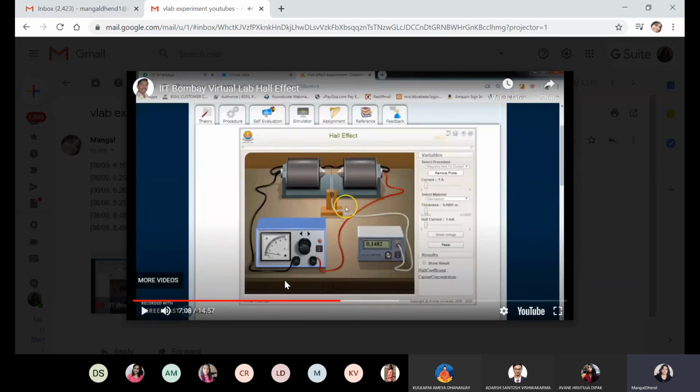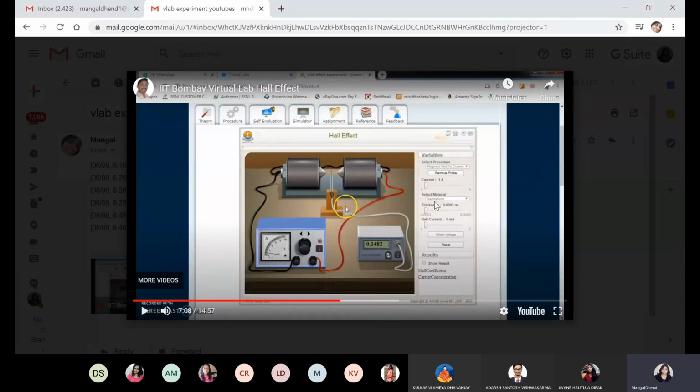Now students, see how you had to do it. I was doubtful with Nilesh because when you just move the probe, you are already passing current through the magnet. So flux density will be produced and you are keeping this current of 1 ampere. Now as soon as you are taking this probe inside it, what will happen? Now flux density is perpendicular to this. Current also you are passing through this. So whatever voltage will be produced at the two sides, that voltage is shown here directly.